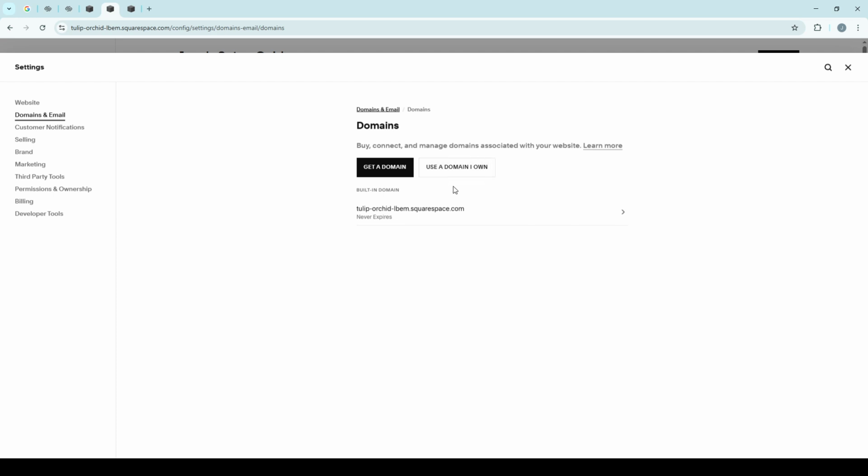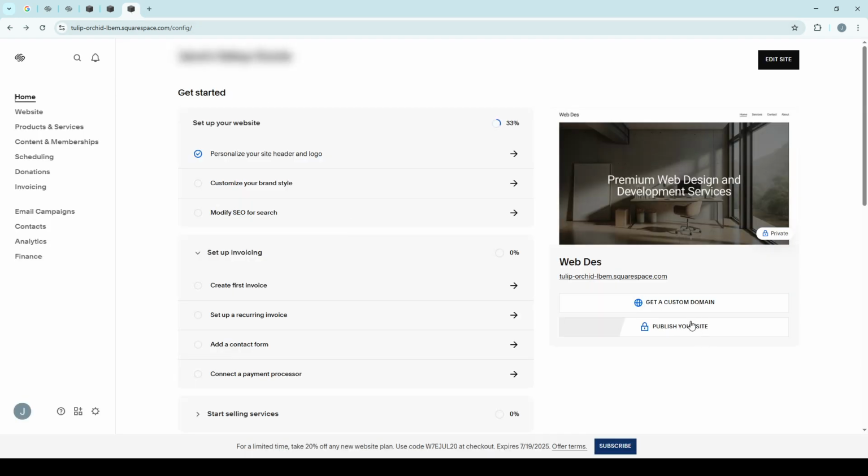Finally, once you're satisfied with your design and everything looks just the way you want it, it's time to publish your website. This step is what makes your site live and accessible to the world, turning your vision into a digital reality. Simply click on the Publish button and voila, your website is on the internet, ready to showcase what you have to offer. And there you have it, a basic overview of designing your own Squarespace website in just